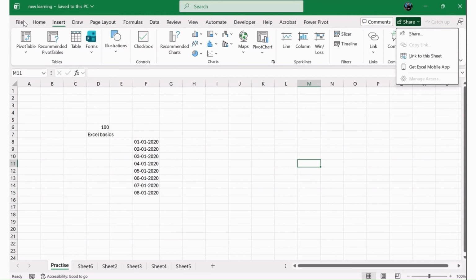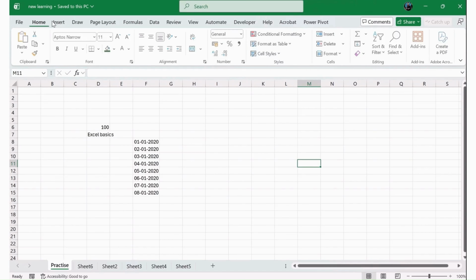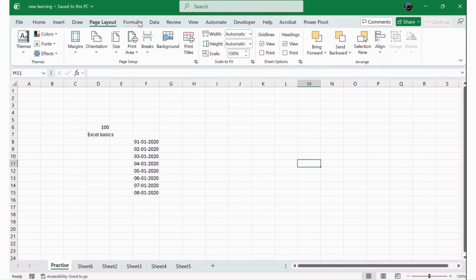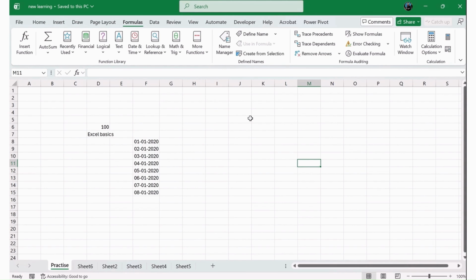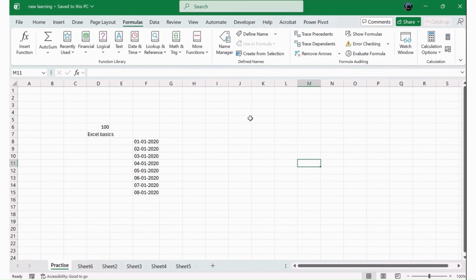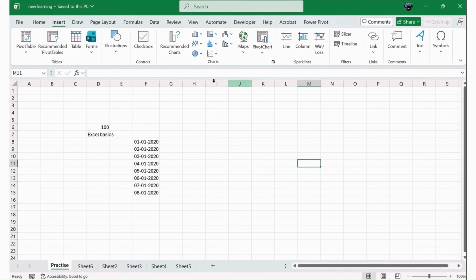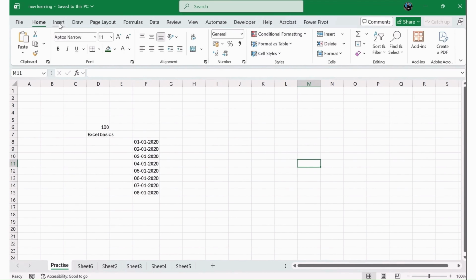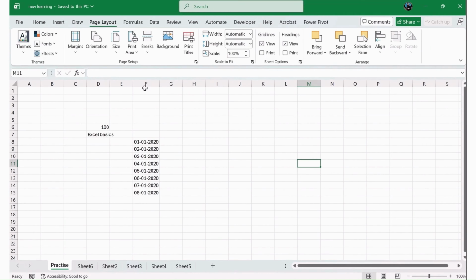This is called the ribbon: File, Home, Insert, Draw, Page Layout, Formulas, and so on. Each step I have explained in my previous video series, where we have already spent 8 hours. You can go through it and understand what exactly it is and how it works. Since you have joined this series, in the intermediate and advanced levels we are covering the dashboard section, where we will cover this part in depth, and you will get to know how we use Home, Insert, Draw, Page Layout, and so on,